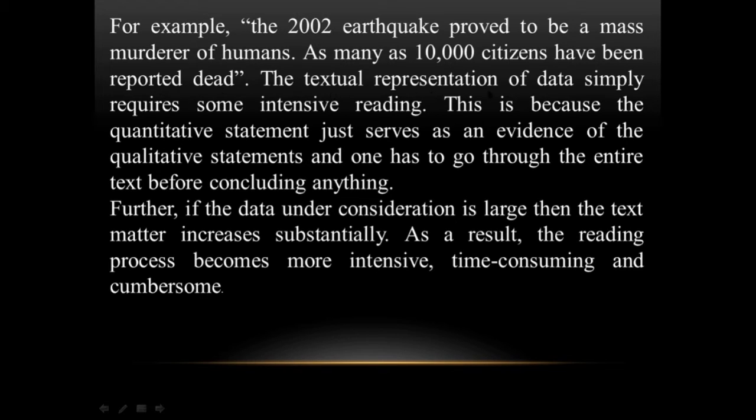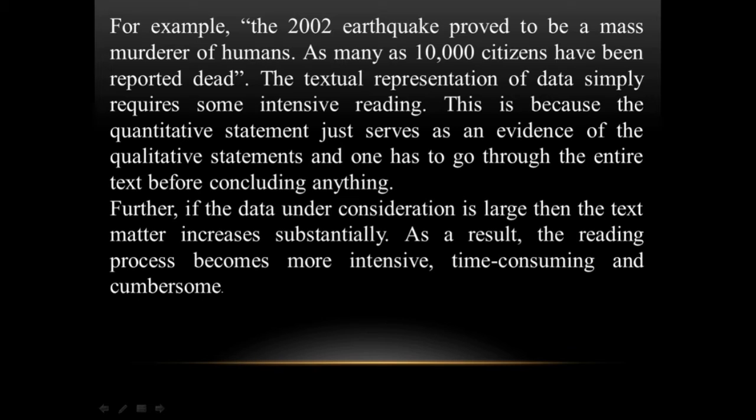The textual representation of data simply requires some intensive reading. This is because the quantitative statement just serves as evidence of the qualitative statements, and one has to go through the entire text before concluding anything.